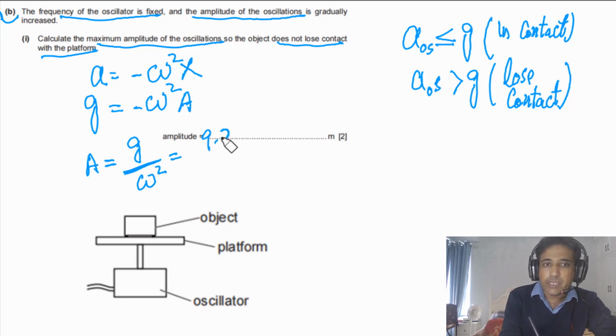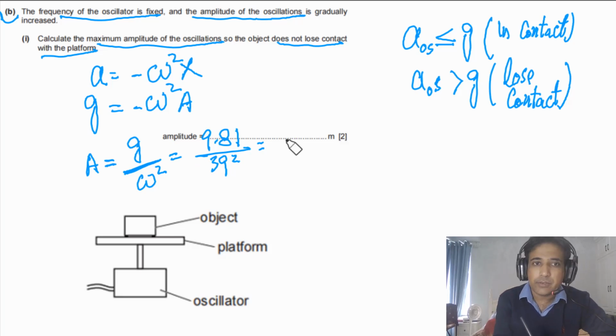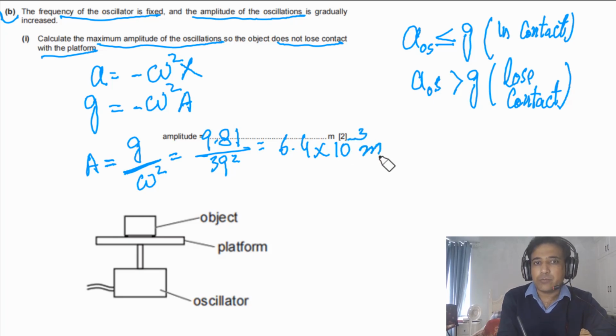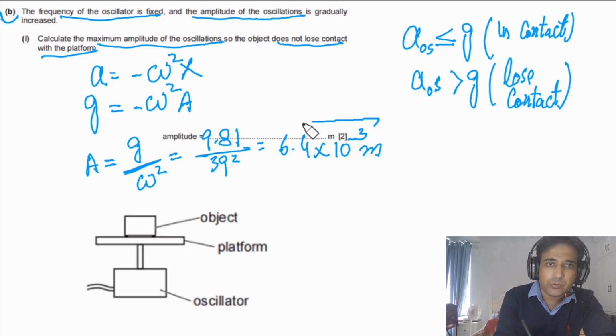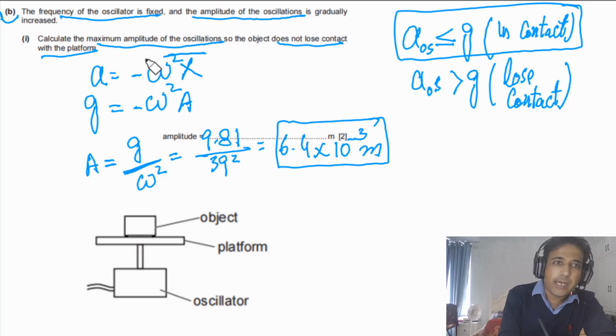So the value of g is 9.81, and the omega value we have calculated, that was 39, square. 39 square because the square is here. Now if we solve this one, we will get in this case 6.4 times 10 to minus 3. So this is the value of maximum amplitude, and this is how we can figure it out. So this is our final answer. So this is the main concept. If this concept is clear to you, then simply you have to use this equation and you can find the